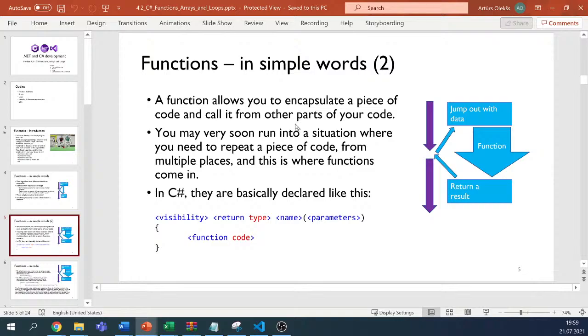And again, the simple solution would be to just copy and paste this code, but from the programming point of view, copy pasting is not the best approach, especially for object-oriented programming. We'll talk about that later. So in programming we try to write as little code as possible. I mean, not less from the